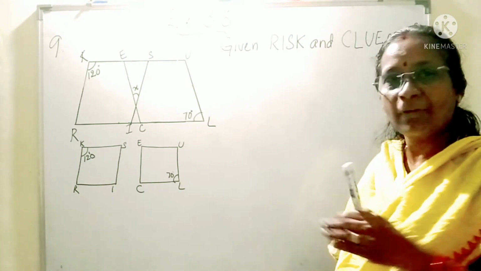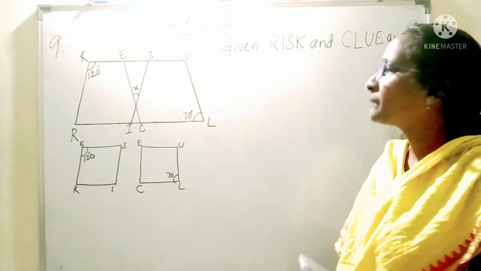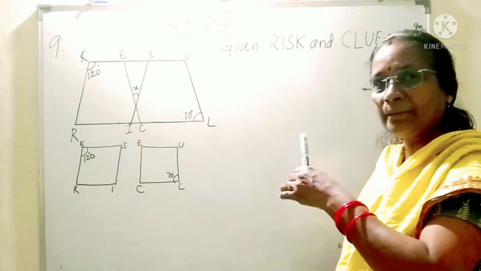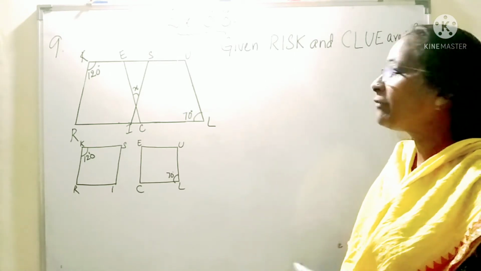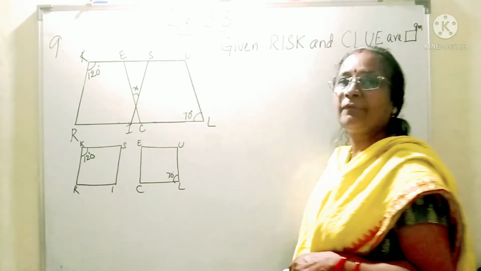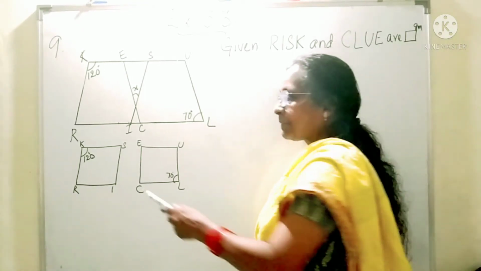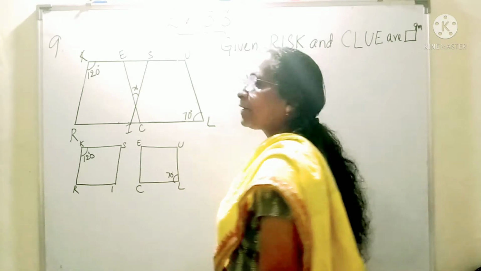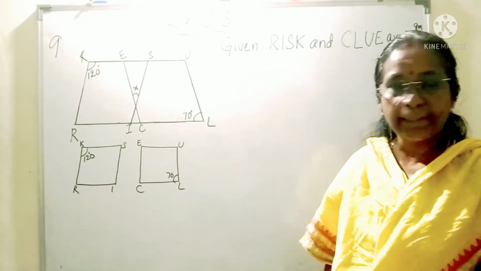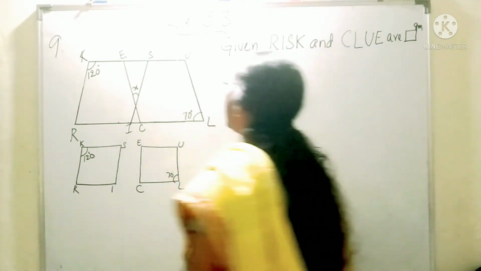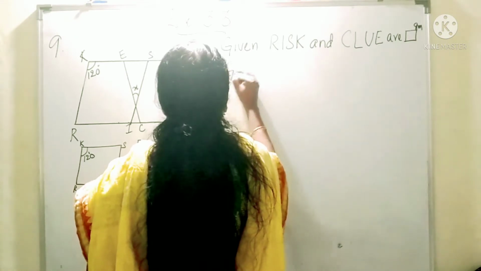So from that figure we will find out the value of the angles and write them there, and then we can find out the value of x. We are asked to find out the value of x. Now see here, if this is a parallelogram, this angle is given as 120. How will you find all other angles? What is given first?